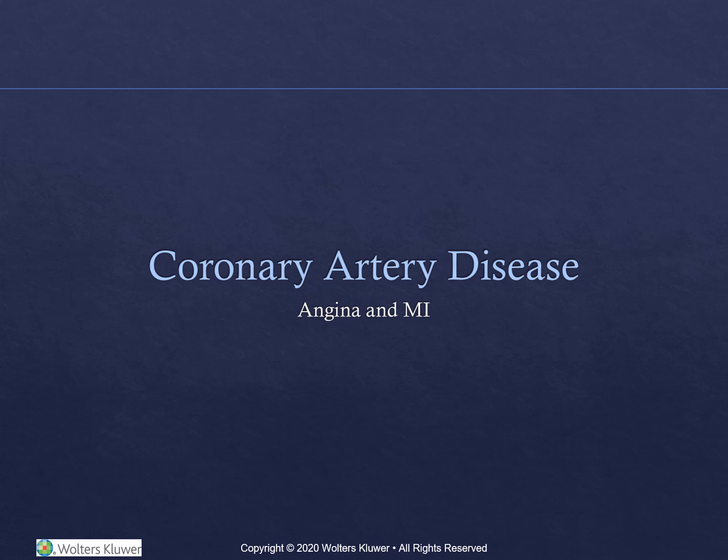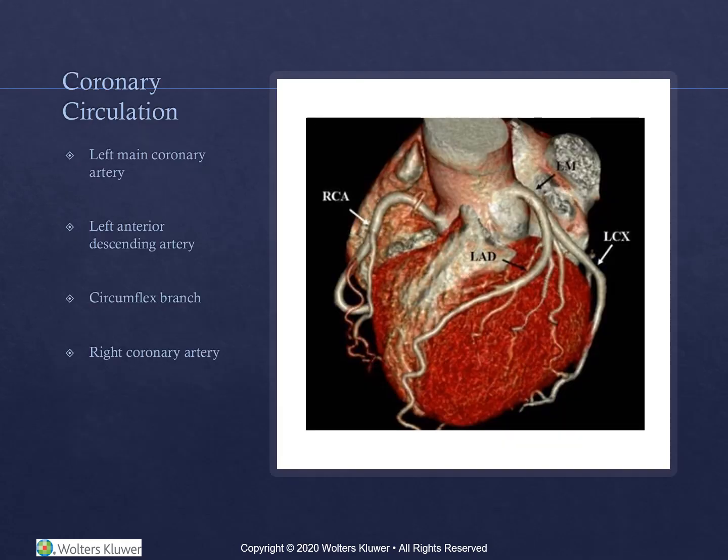Next, we're going to talk about coronary artery disease, angina, and MIs or myocardial infarction. So we'll start with talking a little bit about the normal cardiac or coronary circulation. You see on the picture here, I think this is maybe a three-dimensional CT of the heart itself. And you can see on the outside of that heart all of the arteries that supply the blood directly to